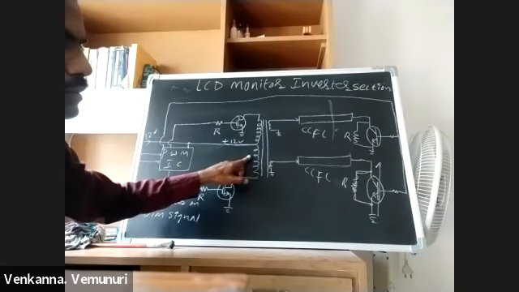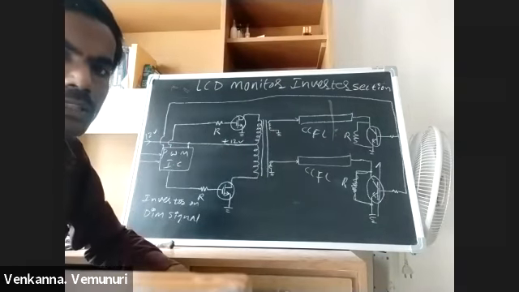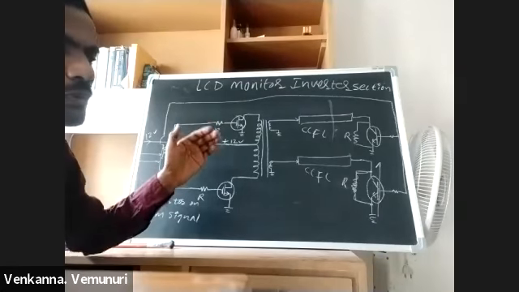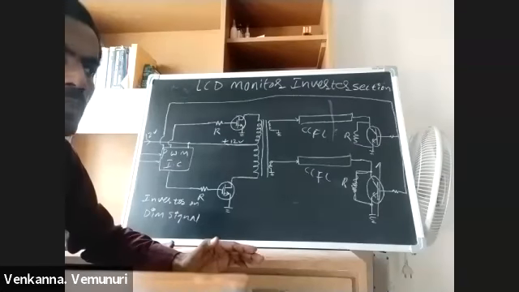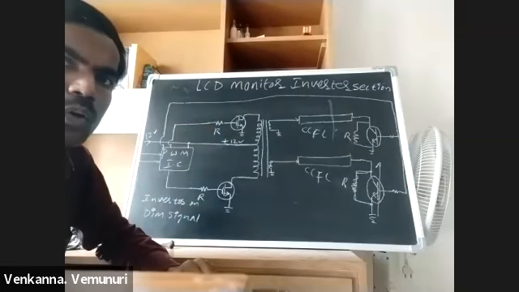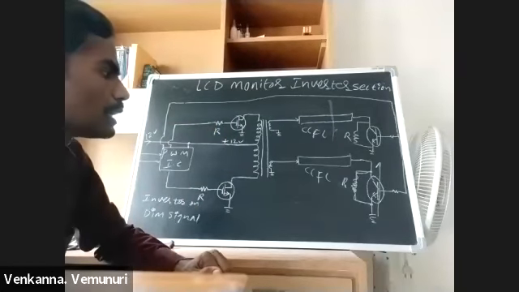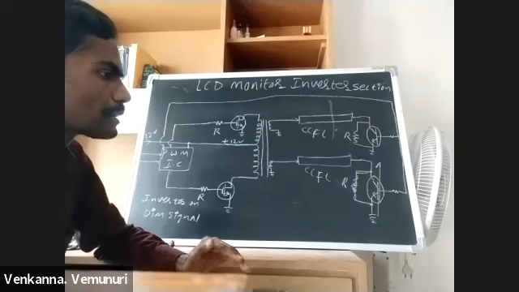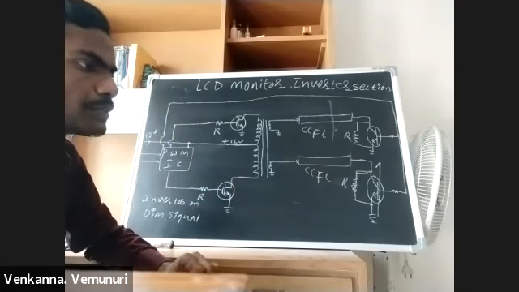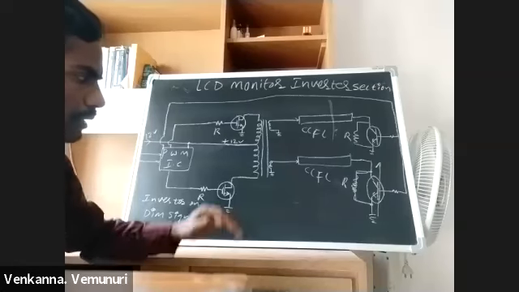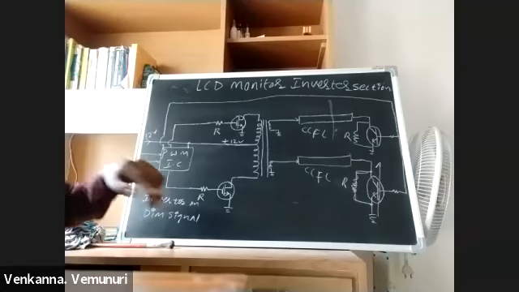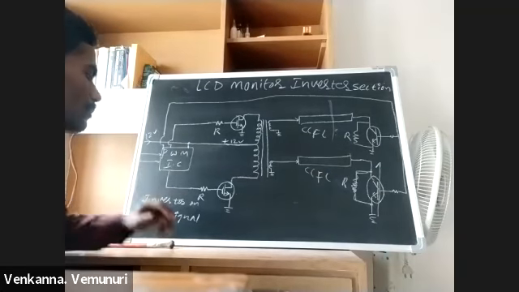Transformer is off condition, means lamps are off condition. If the signal is not coming, the monitor waits 20 seconds to 1 minute. In this time, it gives one message: no video signal or no input signals. If the video signal is still not coming, the monitor goes to sleep standby. At that time it saves power.